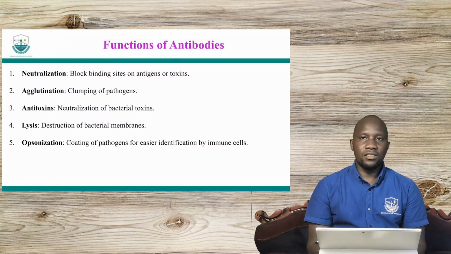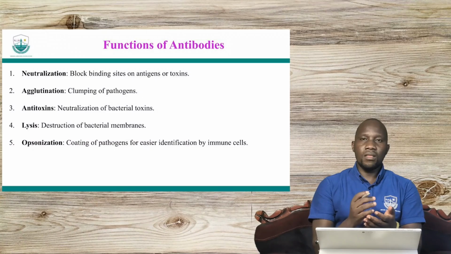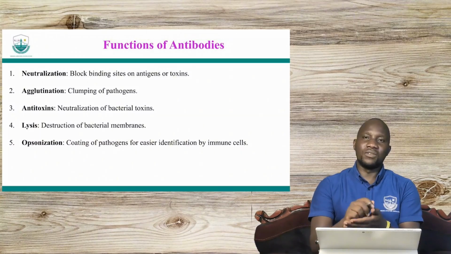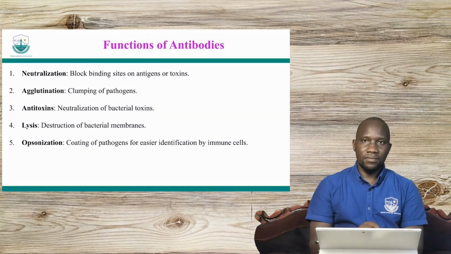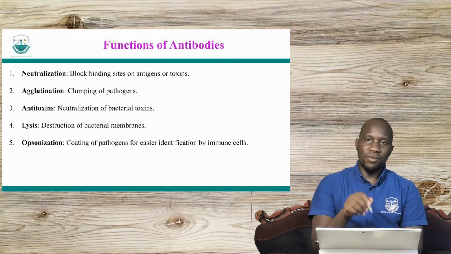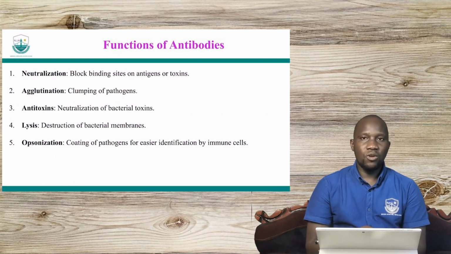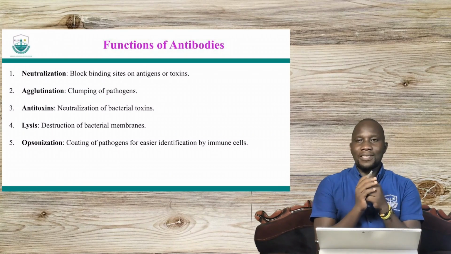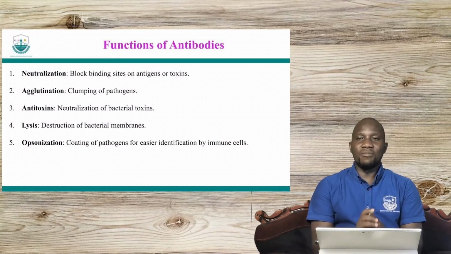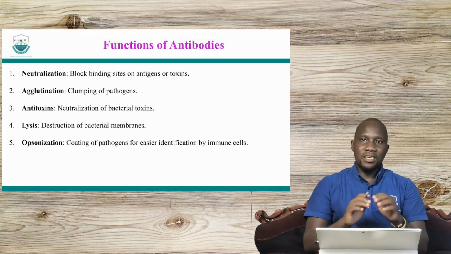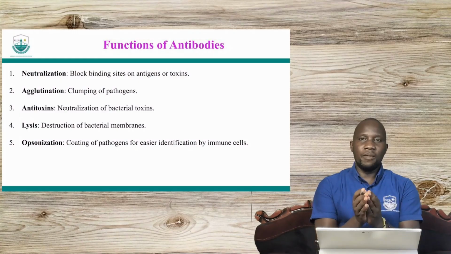Then the antitoxins, these are released to neutralize the toxins that have been released by the antigen or the pathogen. Lysis, breakdown. And then opsonization, and that is marking the enemy, marking the pathogens, coating them such that they